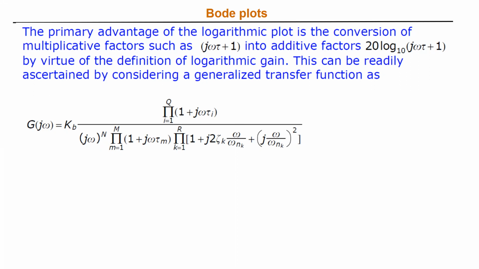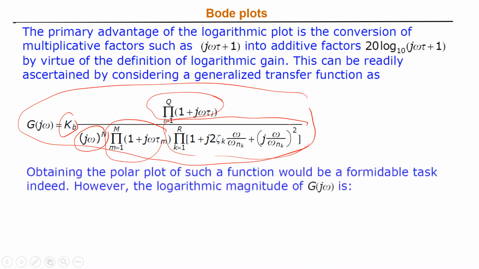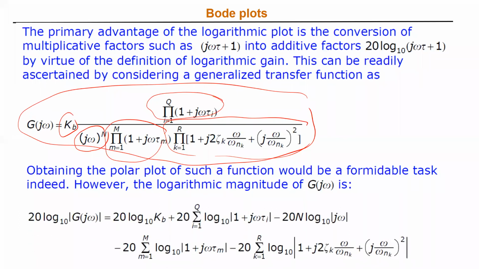If I have a general transfer function, it has a constant term, poles and zeros at the origin, simple zeros or poles, and complex conjugates. And again, in the Bode plot we take 20 log of the function, which converts all the multiplication factors into